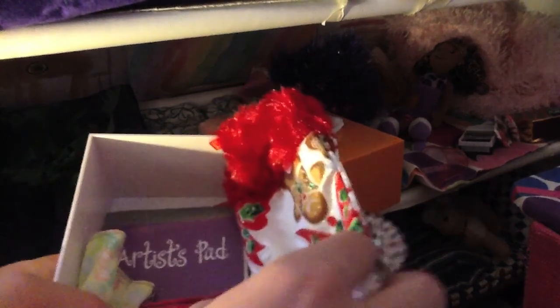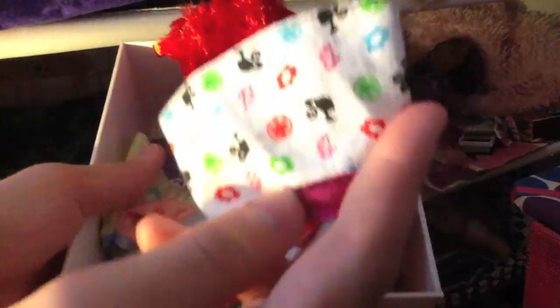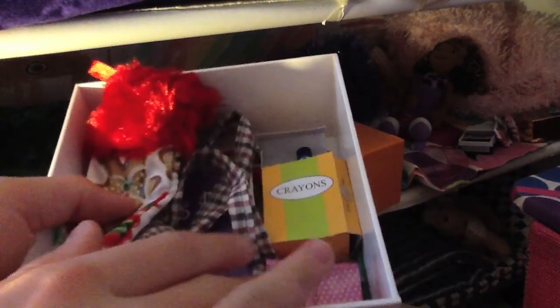Alright, there's a lot of stuff in this drawer, but basically it's her art supplies because she's very into art. And the story goes in our house that she painted this mural in the back right there. She's got a Christmas stocking, like Molly does. She's got her artist pad in there. Some clothes that are Barbies, but look like they could fit the mini dolls a little bit. They really can't. Back here, there's a little Felicity thing that I got at McDonald's a long time ago. And that's